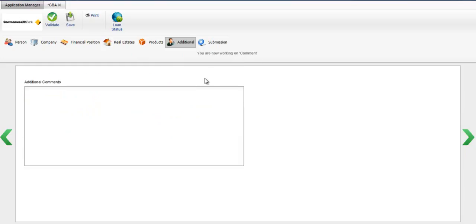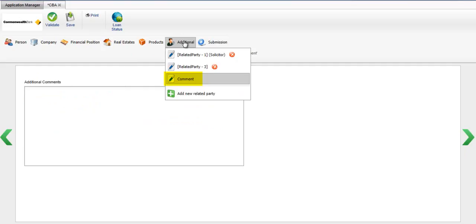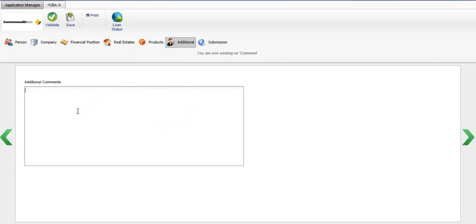Also in the additional area, it's very important to note that the comments field is located in the additional tab as well. So these are your notes that would go to the assessor, and also any explanations or justifications that they need to be aware of. Finally, the submission tab has all the broker details and any other information that you'd need before you press the